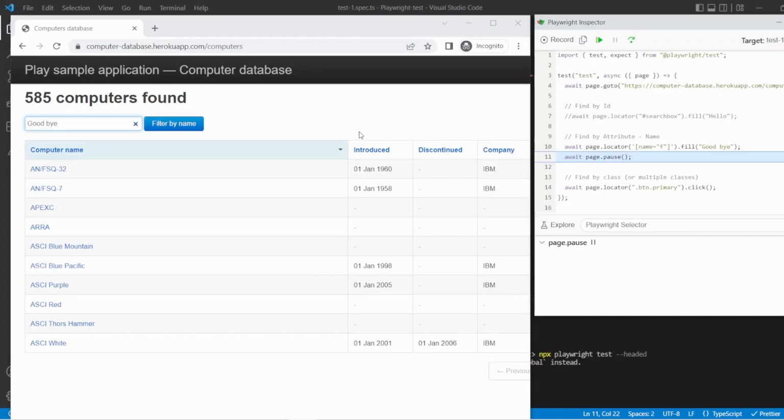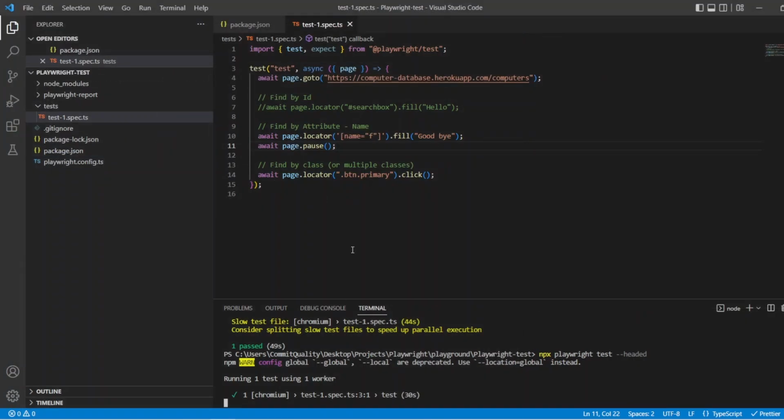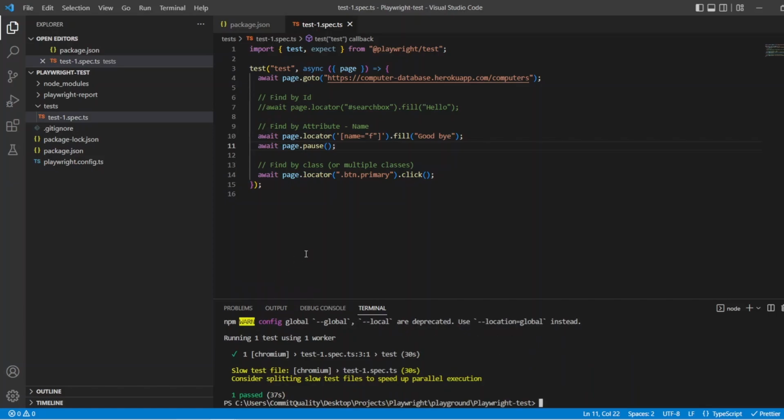Fantastic, so that ran, and you can see goodbye has been entered into the correct text box, and it's actually using the name attribute to do that. So I can continue this through. We know it's going to click it and search, and I'll pass because there's no actual assertions on here. Okay, so that's a little way of how you can deal with attributes, the classes, the IDs. But how about finding by text,